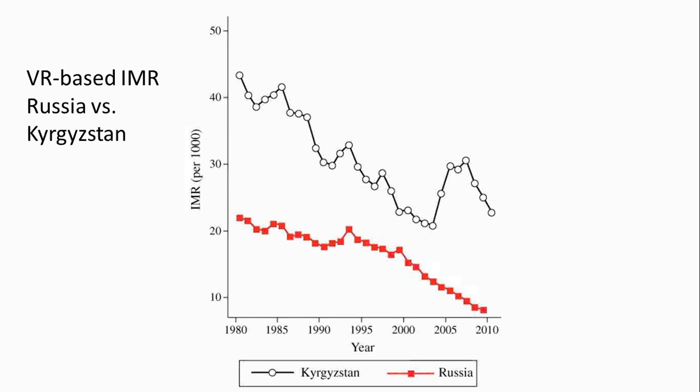So this is the VR-based, uncorrected and adjusted VR information for Kyrgyzstan, in comparison with Russia. You have Russia in red and the white circles for Kyrgyzstan. The focus of this talk is on infant mortality, because this is what they care most about, and we could do the same thing for under-5 mortality; the pattern is pretty much the same. But I'll be talking only about infant mortality.